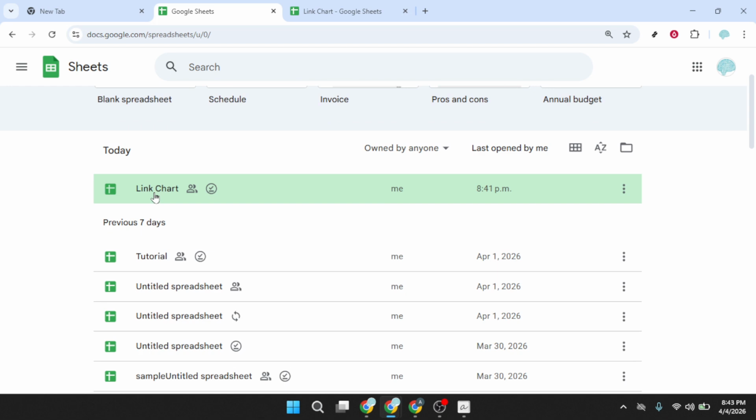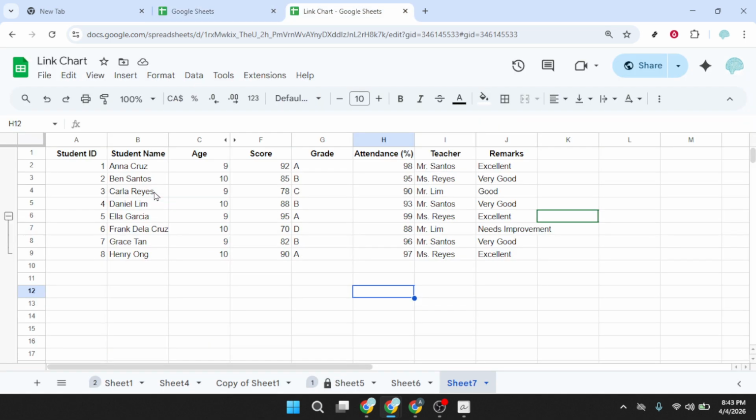Once you're on the Google Sheets homepage, open your document. You can pick it from your recent files or open it from your drive. The goal is to get into the sheet where you suspect something might be hidden, so choose the exact file